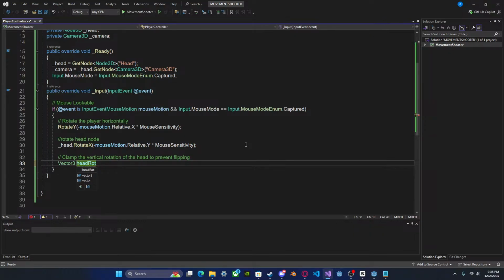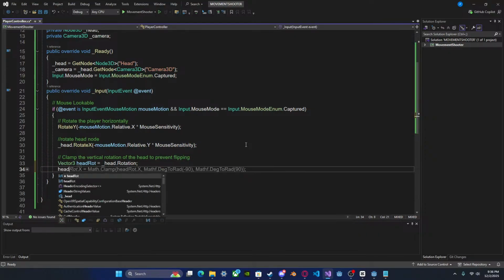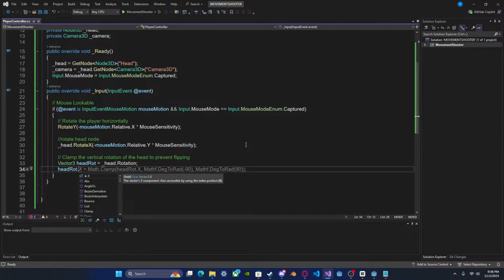Head rotation equals _head dot rotation. Just rotation. Boom. Yep, that worked. Head dot rot. No, wait. Head rot dot x